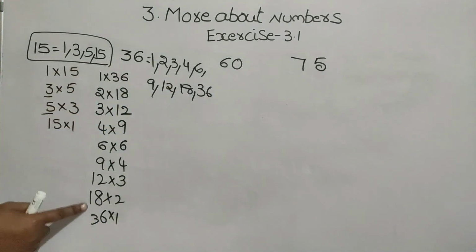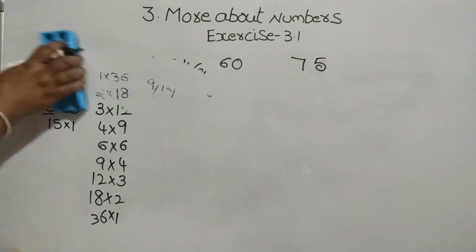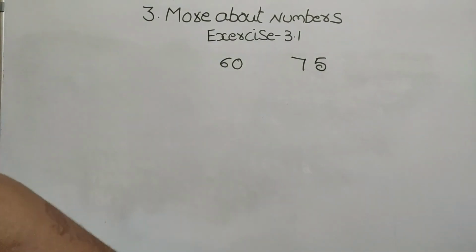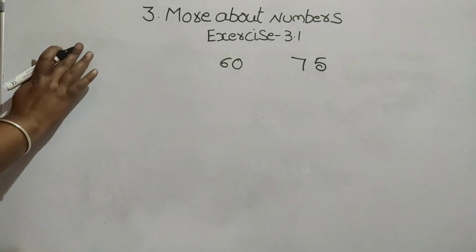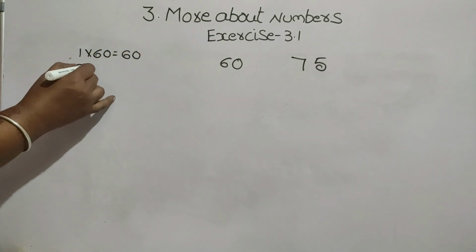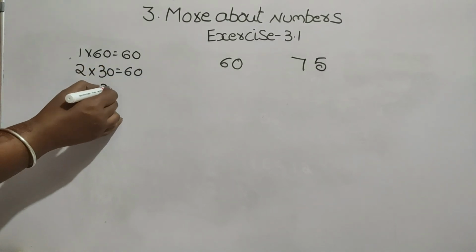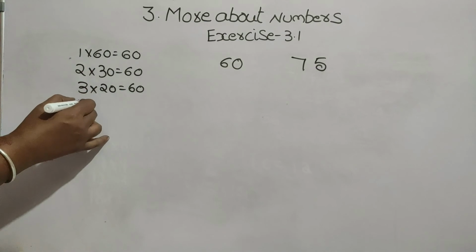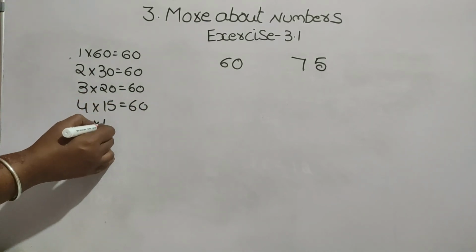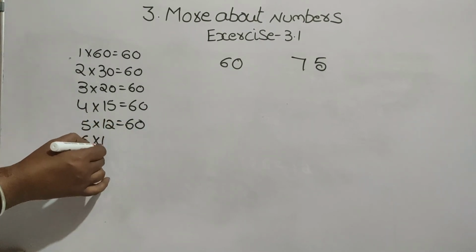The left side numbers. For 60, what are the factors of 60? 1 60 is 60, 2 30s are 60, 3 20s are 60, 4 15s are 60, 5 12s are 60, 6 10s are 60,